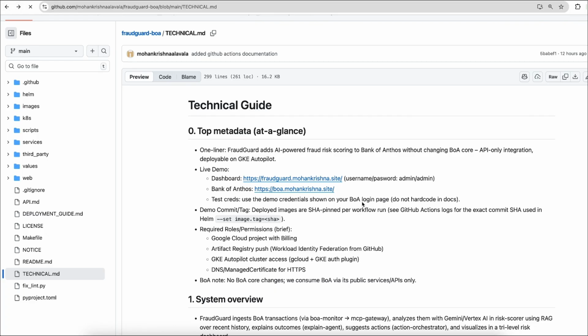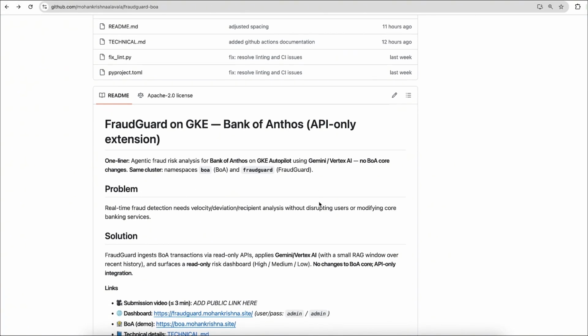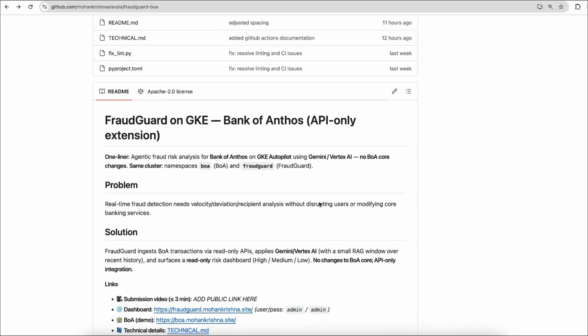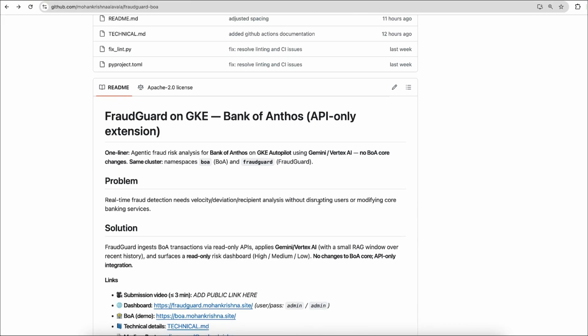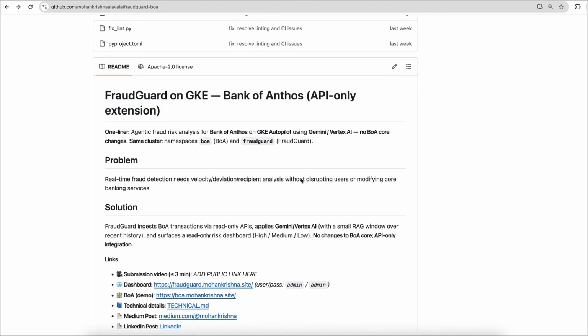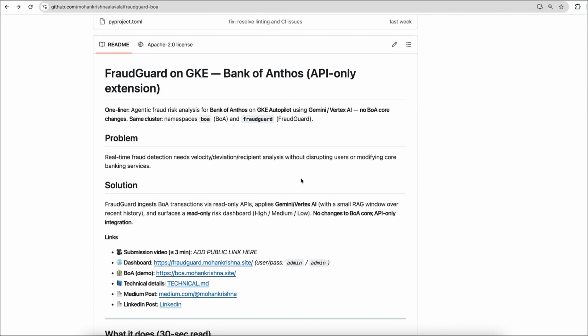Why is this application different? This is an API-only application, and I didn't change anything in the Bank of Anthos. I added an explainable layer and a single place to decide actions, so it's easy to audit and easy to roll out any new actions. I hosted this application in GKE, and you can view and try this application using the URLs in the README file